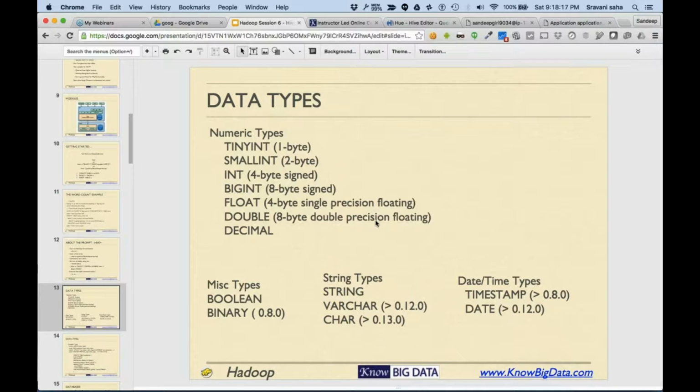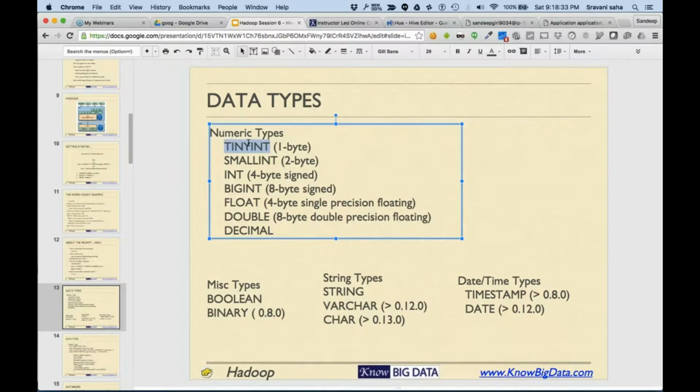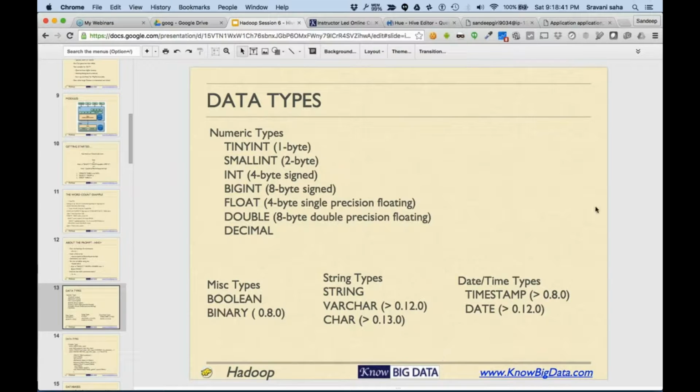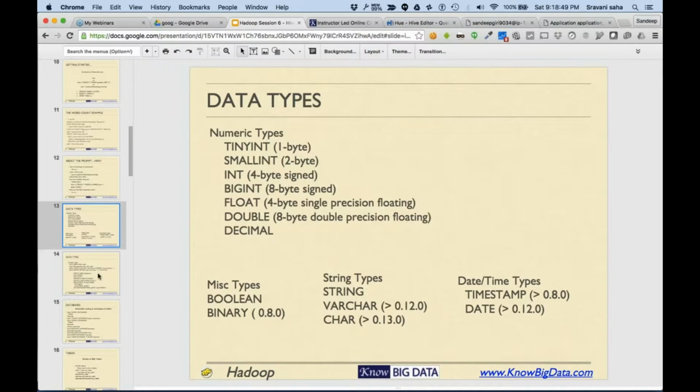So Hive has made sure that all the data types are available from all kinds of databases. You can see string, you can see timestamp. For string you have varchar, char, and similarly for bitwise you have boolean and binary. Integer you have tinyint, smallint, bigint, float, double, decimal, and so on. So you will find the various kinds of data types for the same thing in Hive. And as the version of Hive progresses, more and more data types are being supported.